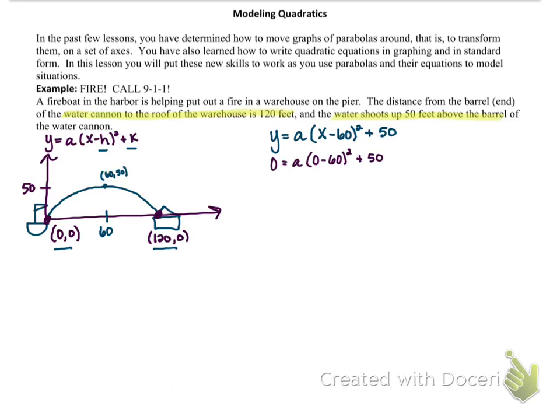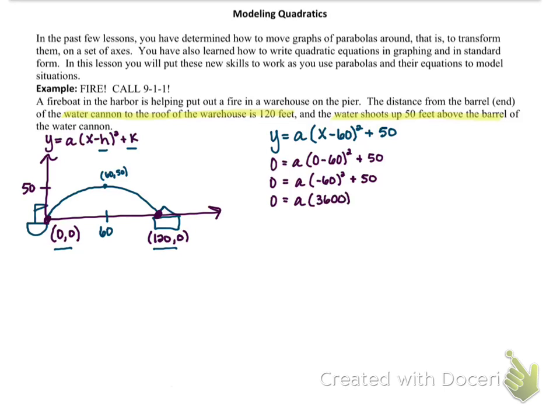Keep in mind, 0, 0 might not always be a coordinate point on the parabola that you are trying to model with an equation. So just make sure you are using an actual coordinate point of the quadratic. Now we want to begin solving for a. So we will have 0 equals a times negative 60 squared plus 50. Negative 60 squared gives us